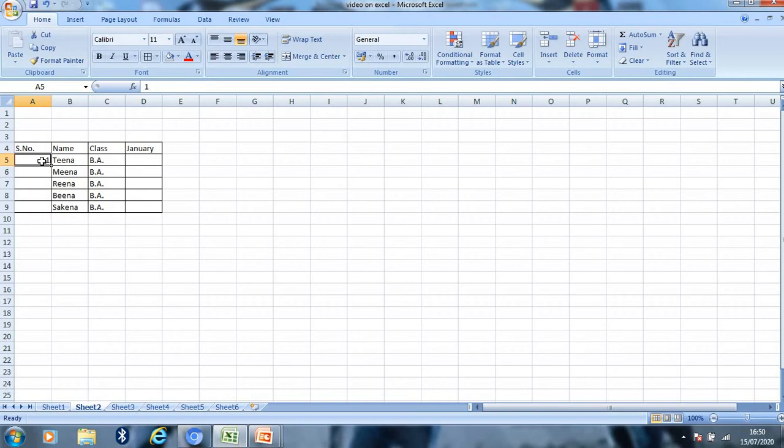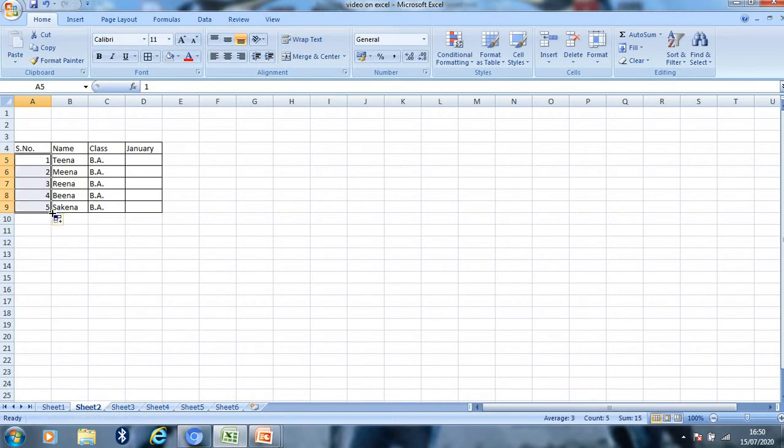So here what you have to do, just fill the first two numbers of your series and then select them, and at the bottom right corner of your selection, place your cursor and when a bold plus sign appears, press the left button of your mouse and then drag your mouse below and then release the left button of your mouse.